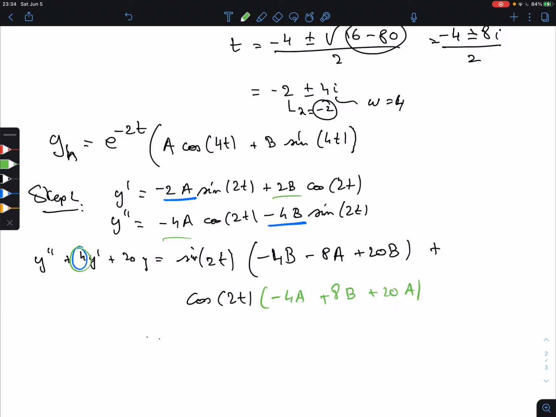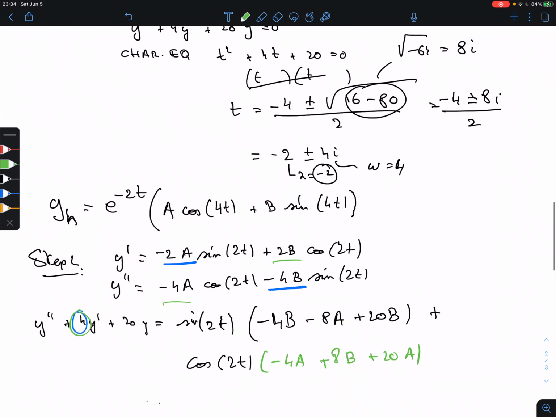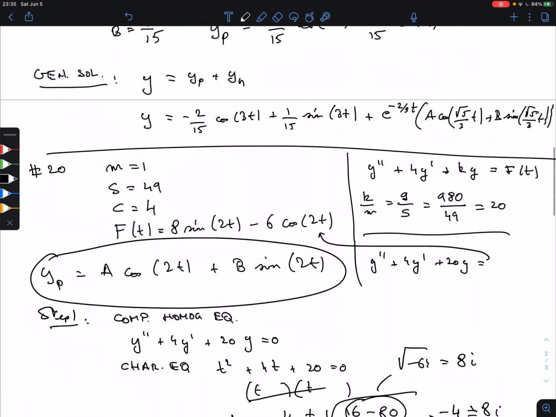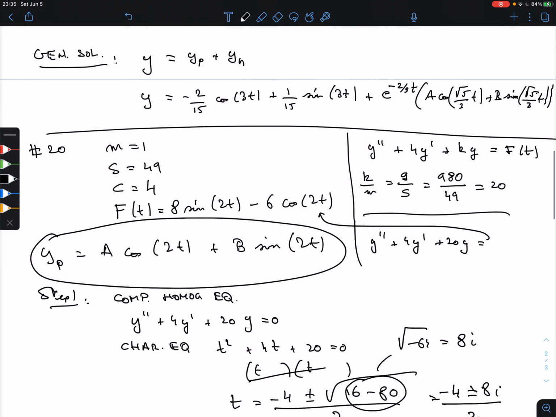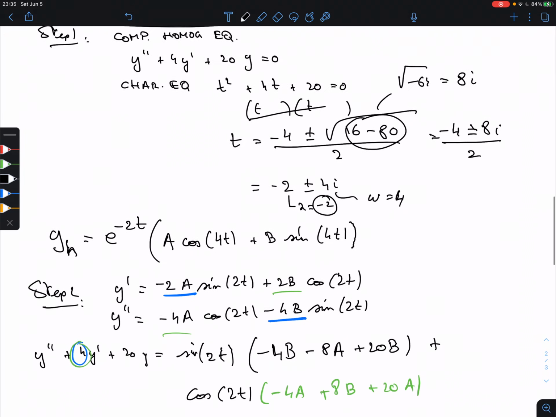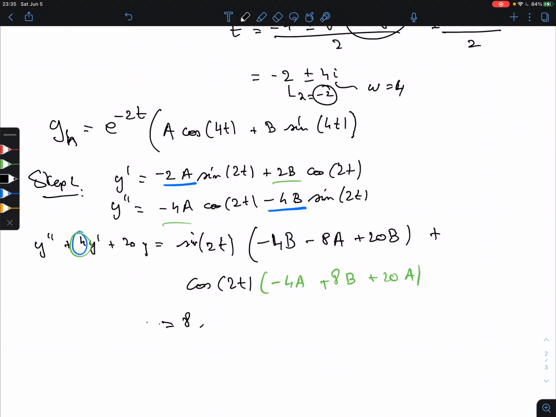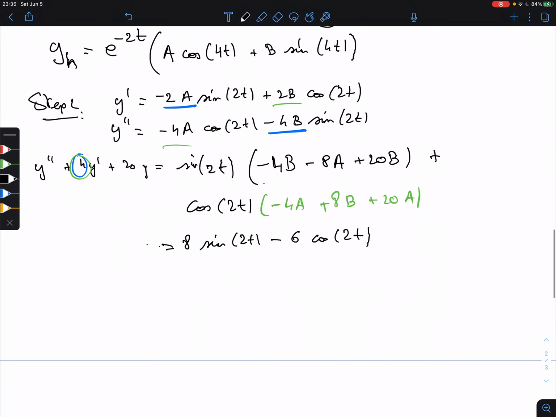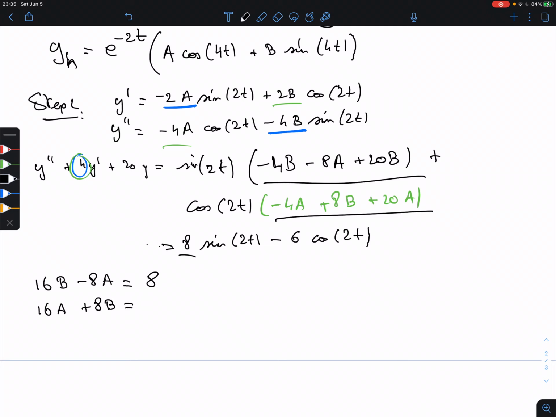So what does this now mean? We know that this has to be equal to the force. The mass was 1, so the equation, we didn't divide anything, so we just have to take 8 sine 2t minus 6 cosine 2t. So this is equal to 8 sine 2t minus 6 cosine 2t. This means that this coefficient, which is 16b minus 8a, is equal to 8. And this coefficient, which is 16a plus 8b, is equal to